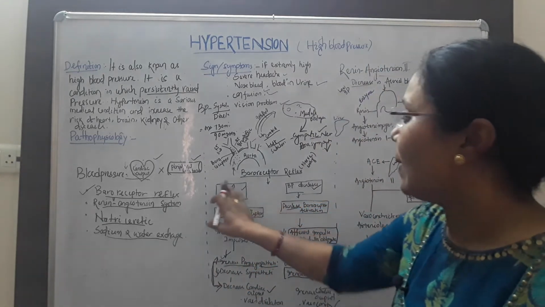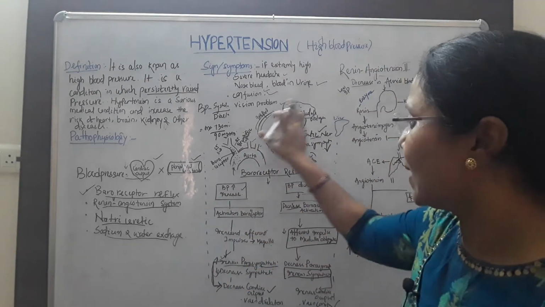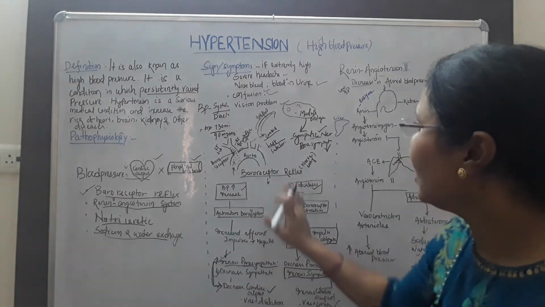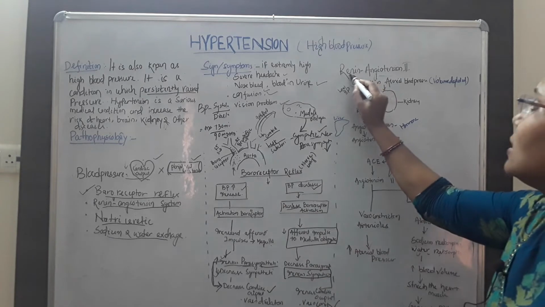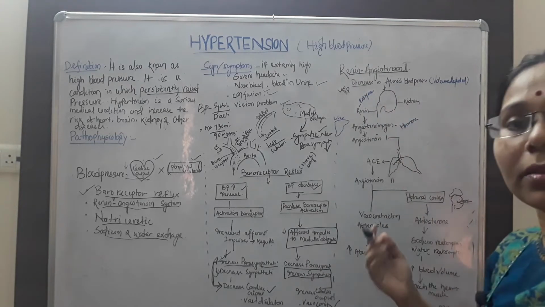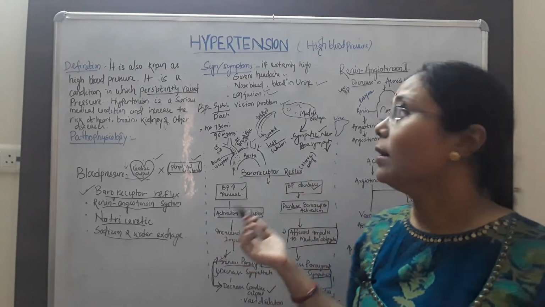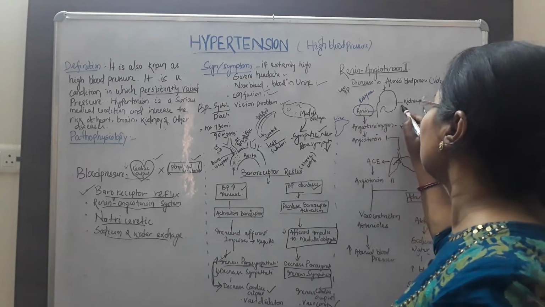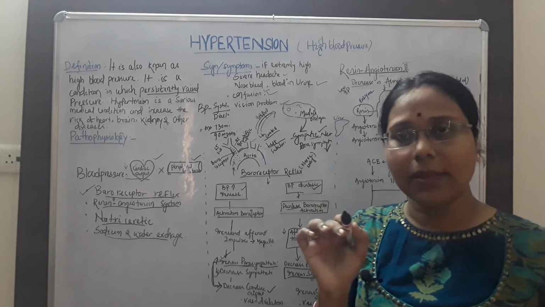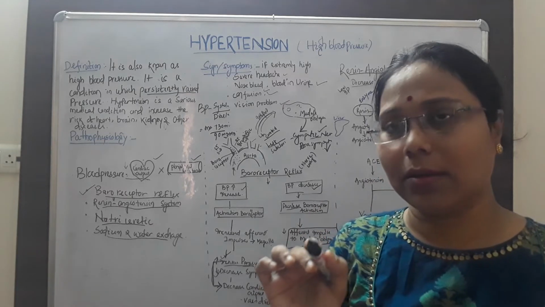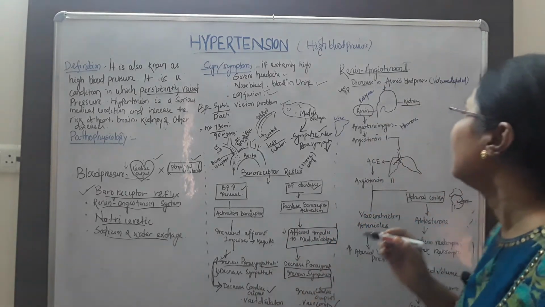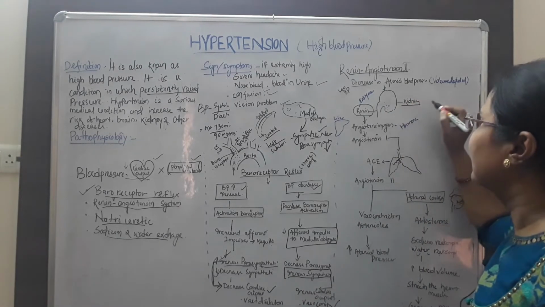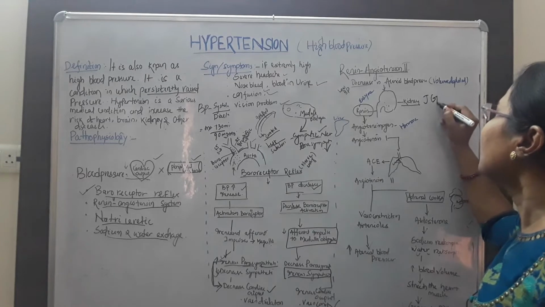This is the baroreceptor reflex. This is one of the mechanisms carried out in our body to control blood pressure. Another one is renin angiotensin 2. What are renin and angiotensin 2? Renin is an enzyme that is secreted from the kidney. A question comes in objective type questions in competitive exams: where is renin secreted? Renin is secreted in the kidney by the JG cell,